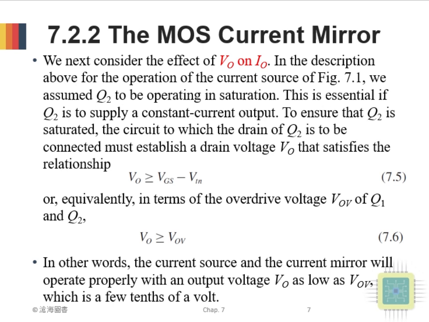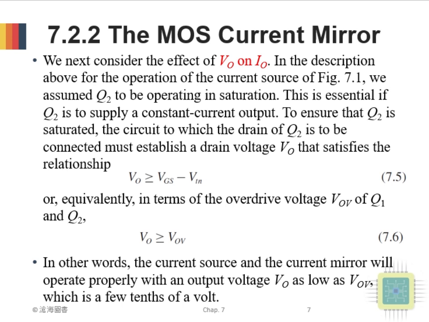We next consider the effect of VO on IO. In the description above for the operation of the current source of Figure 7.1, we assume Q2 to be operating in saturation. This is essential if Q2 is to supply a constant current output. To ensure that Q2 is saturated, the circuit to which the drain of Q2 is to be connected must establish a drain voltage VO that satisfies equation 7.5, or, equivalently, in terms of the overdrive voltage VOV of Q1 and